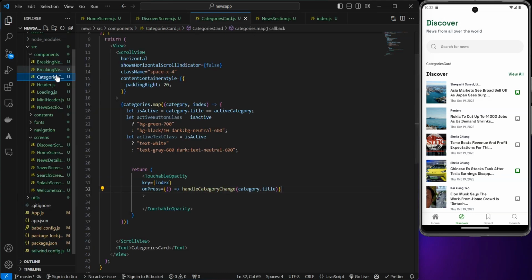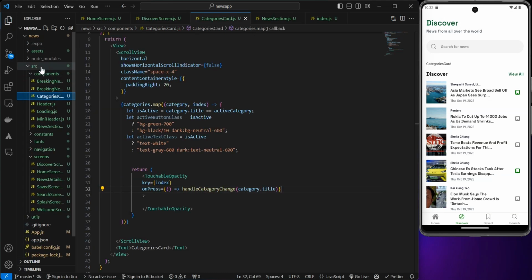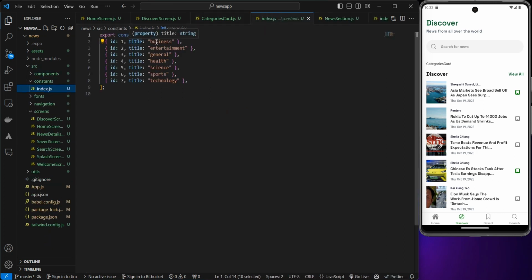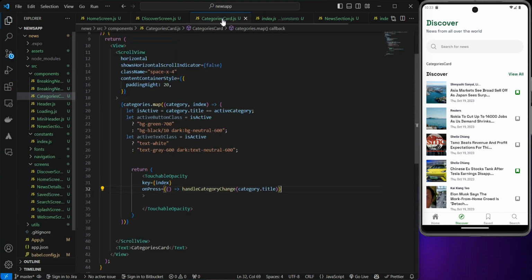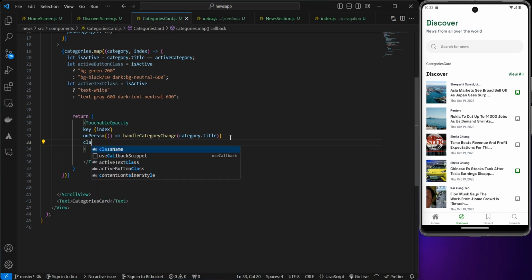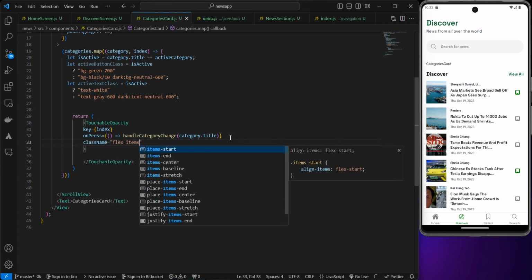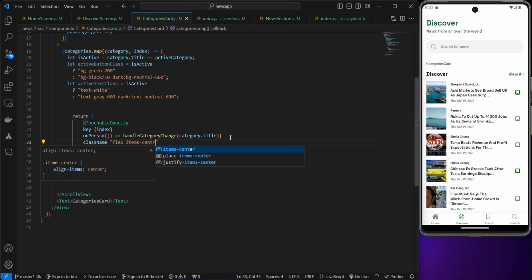have in our, let's just check our components again. Inside of our constant, you can see that the title is business, so we're assigning this individual title to our function that we have created right here. And finally, we're going to have a class name, and this class name is going to be flex items of center